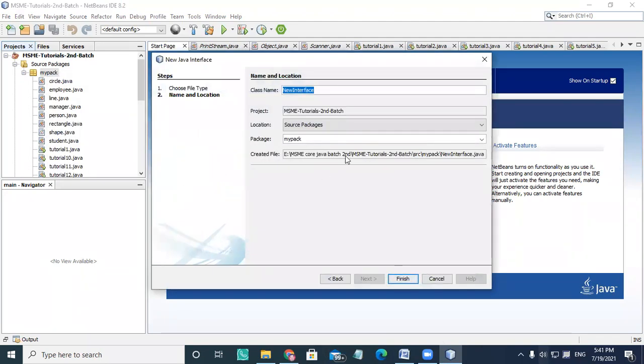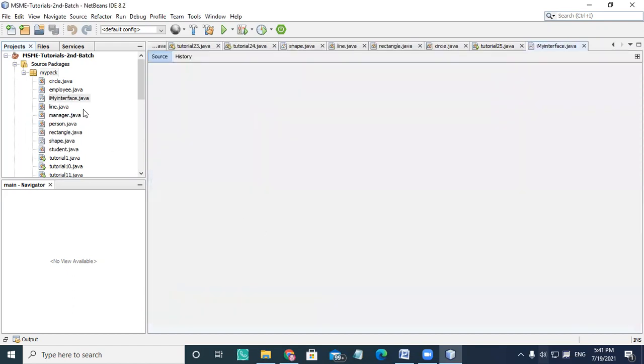My style is that I always start with I, to indicate that it is an interface, or you may give any name. I'm choosing camel case, and I'm saying IMyInterface, where I indicates that it is an interface. You are allowed to give MyInterface directly also, but this is my style.